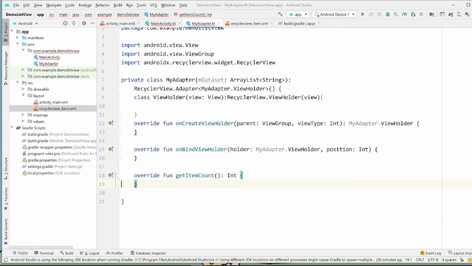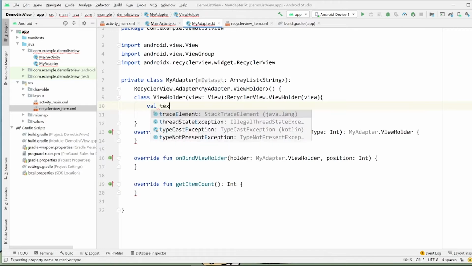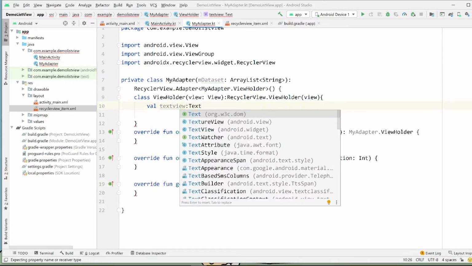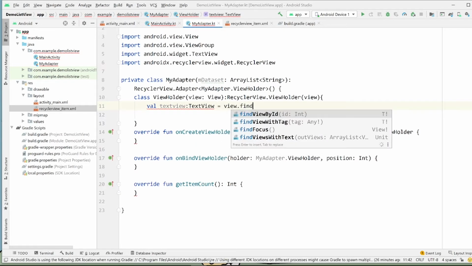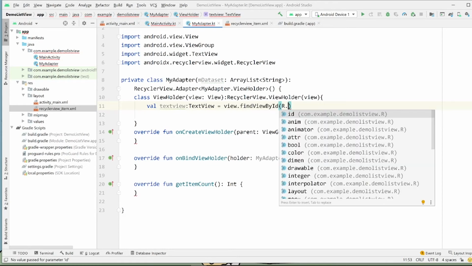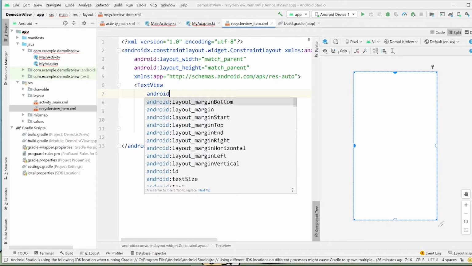Okay, so inside the view holder, we're going to find the component in the same way that you would inside a main activity. I forgot to give it an ID.